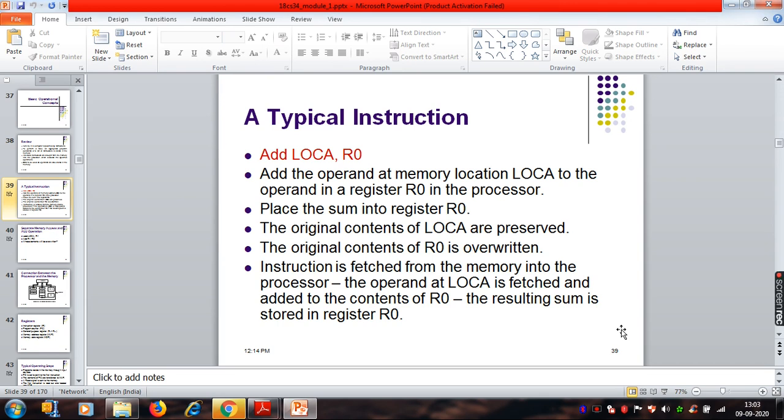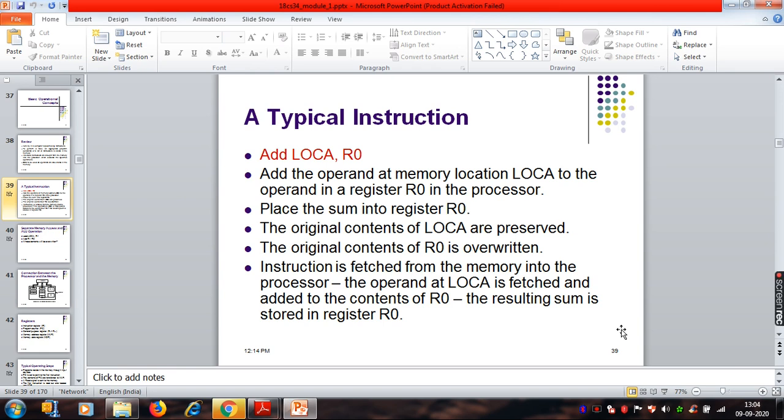So what this instruction will do is add the contents from location A. Location A is nothing but some operand, some location where the data is stored. Then comes R0. Every time we use the notation R0, R1, R2, R3 to represent the general purpose registers of a processor.